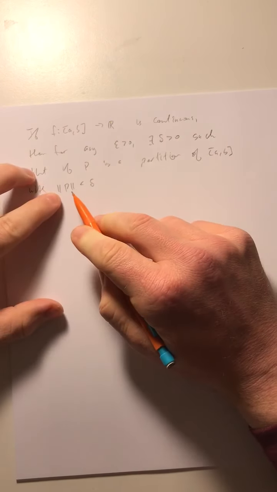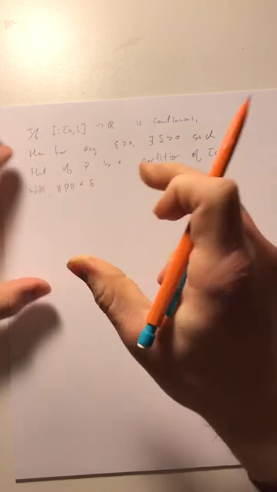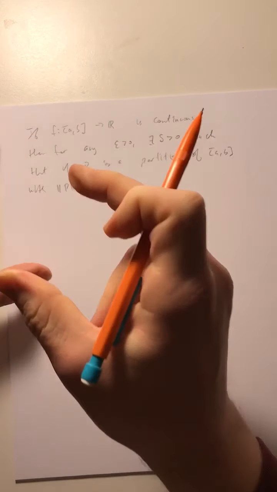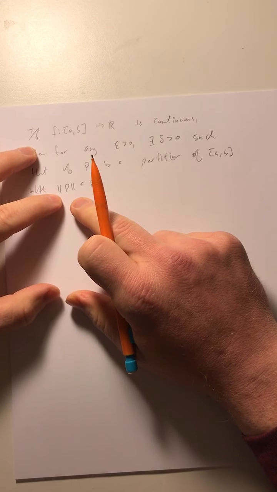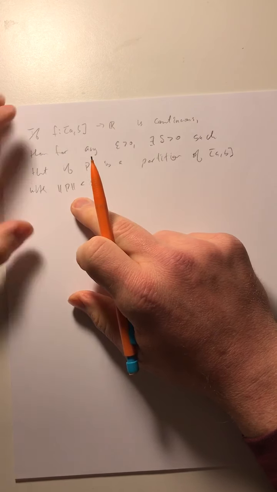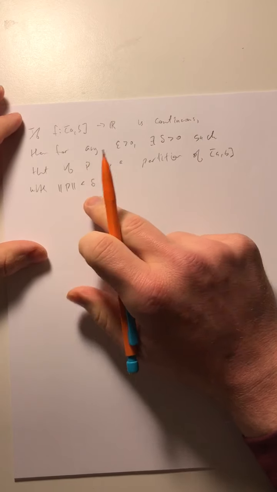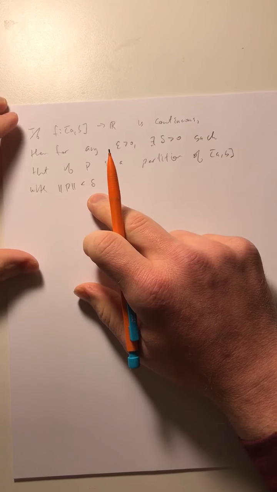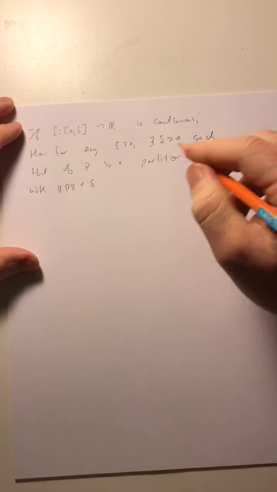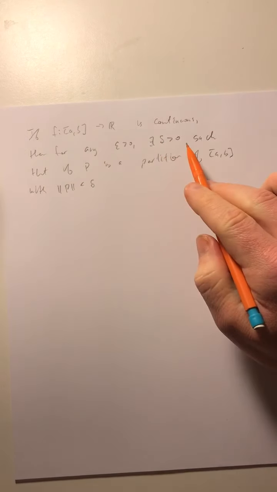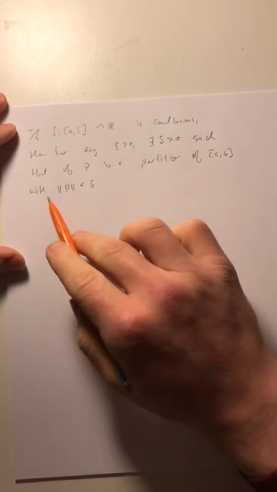So remember, each partition, we think of it as being an interval. So I take my interval AB, break it up into subintervals, and the mesh is just the maximum length of a subinterval. So here I'm just saying that the maximum length of a subinterval is less than delta, which is the same as saying that each of the subintervals has length less than delta. Okay, so for any positive epsilon, there exists a positive delta, such that for any partition whose mesh is small,